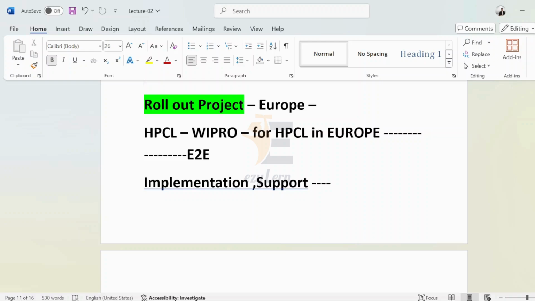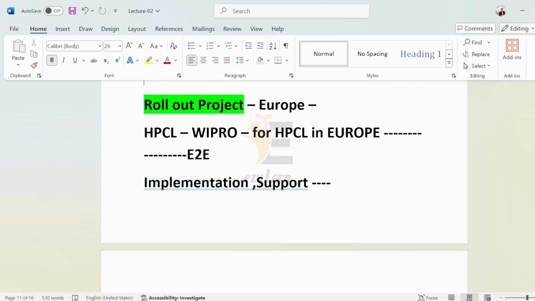Let's suppose Balco says no, last time we went with Infosys, right now we don't want to go with the same company, we want some other company because our last experience was not that good. Let's suppose this time they go with TCS. So for TCS that will be a very fresh project, they have to do everything from scratch.